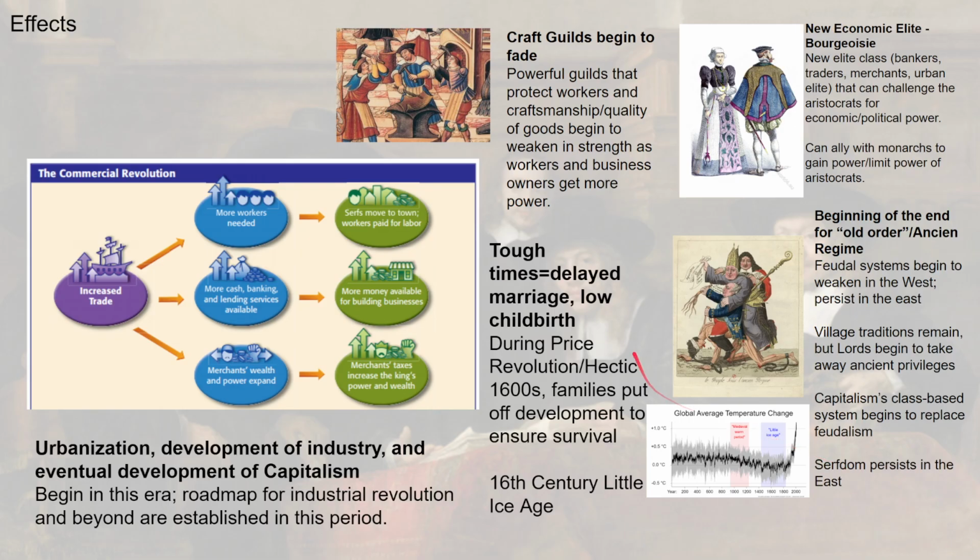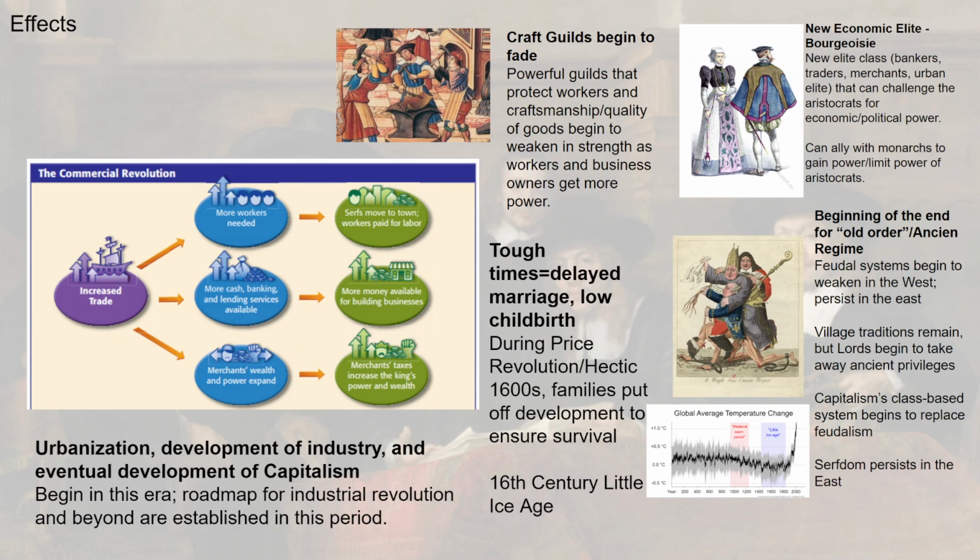But we are going to see the Little Ice Age. There's a few little ice ages that happen in this class. One happens in the 1500s. And when global temperatures change, that causes crops to not grow at a normal level, which can then mean there's less food, which means people put off getting married and having kids. When times are tough, people get married later. We have this idea of people in older times, hundreds of years ago, getting married in their middle to young teens, having kids right away. That wasn't always the case.